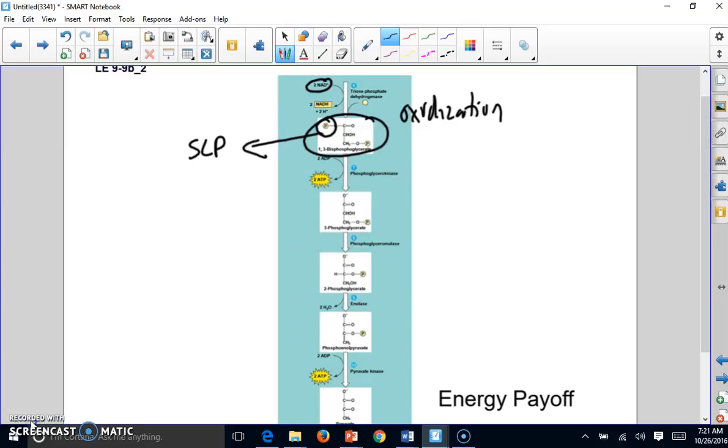We're taking a phosphate group off and adding it to ADP to make 2 ATP. The reason why it's 2 ATP is because you're doing this once per each G3P that was made. So now here we have a molecule that has 1 less phosphate group. And in this step here we have another rearrangement,